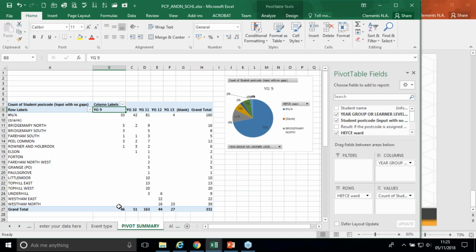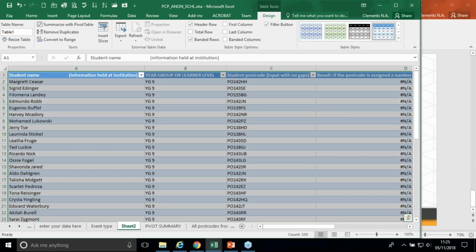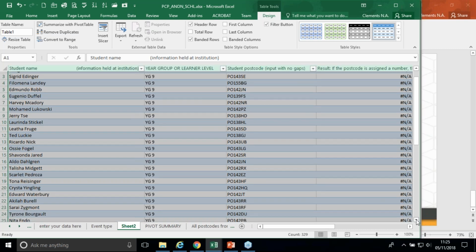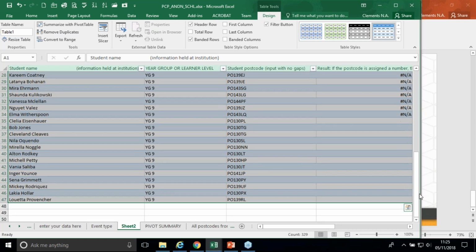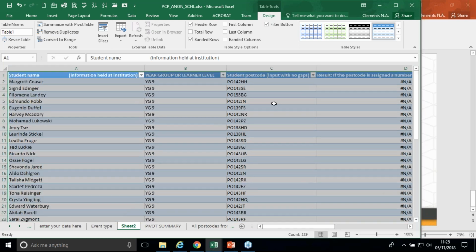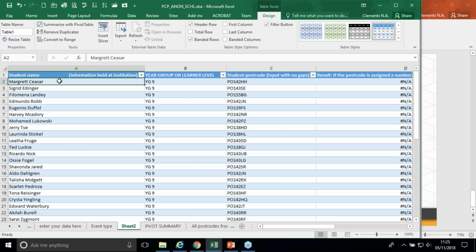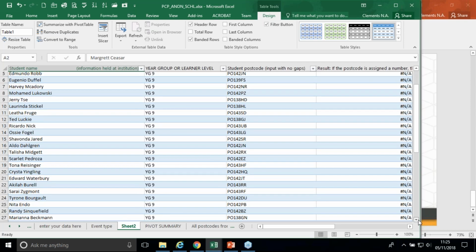In order to separate out just the year 9s, it's a very simple step. If you find the grand total of year 9s and double click that cell, it automatically creates a sheet with all of your year 9 students, all of their postcodes, and then a bit further down, it will tell you the ones which are part of a target ward. So what we do just for the Year 9 tab we're looking at, if you click on the very top name and scroll down,